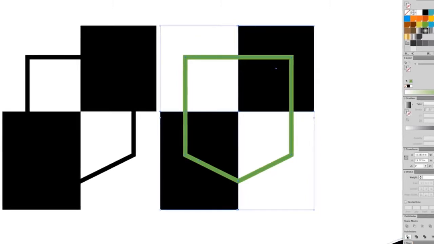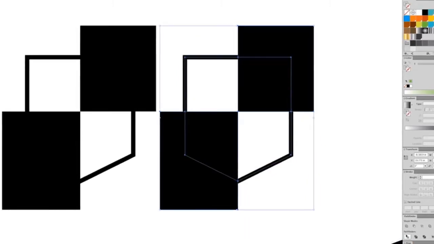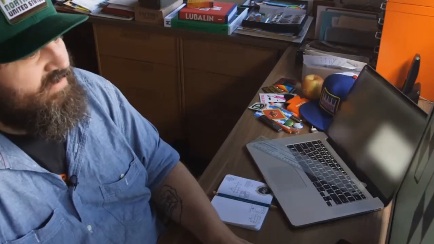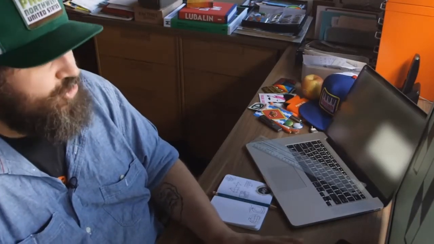Pathfinder, divide them. Ungroup it all. Deselect and deselect. Get rid of all the other chaff. And there you go. You've got those shapes, right? Okay, so now that we've got our little shield, or your little shape, as a way to hold some pieces,